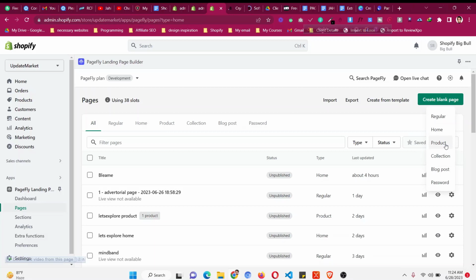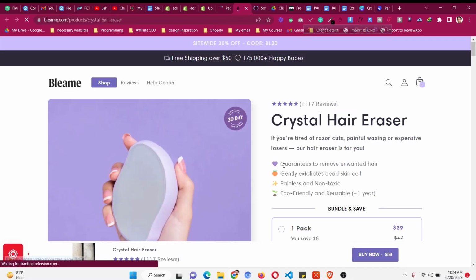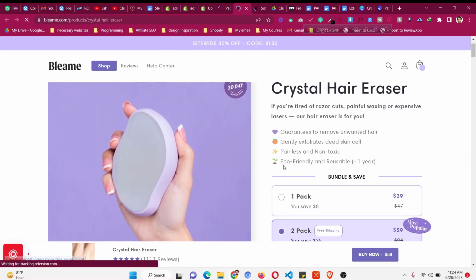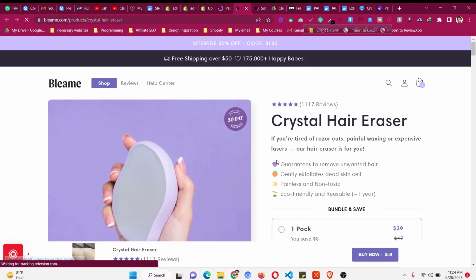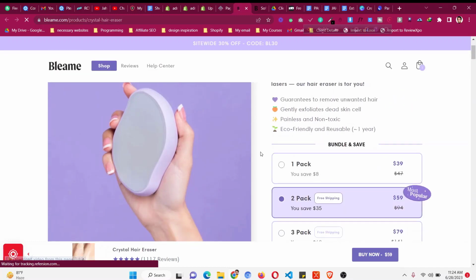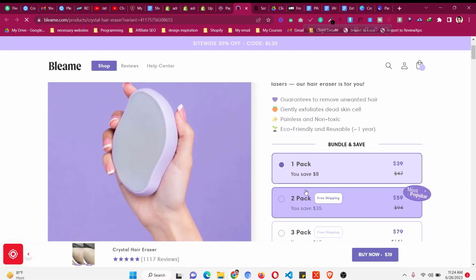Right now our product has the default product page, okay, from the theme, but we want to make this a custom product page using Pagefly. So this is how the product page looks like. So first of all, let's discuss it. You can see there is the product title, and then there's some heading there, the product images, and this is the bundle, which is most